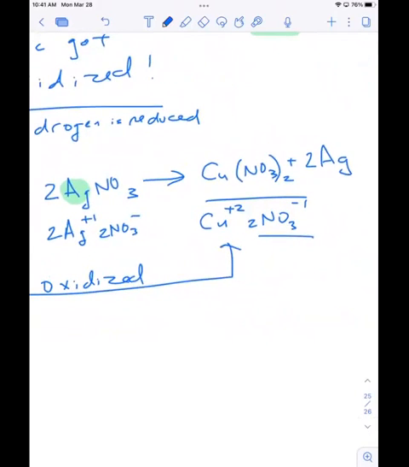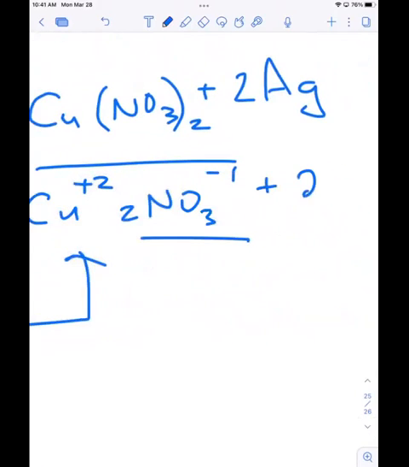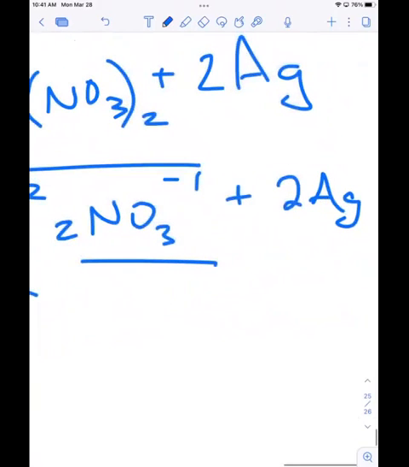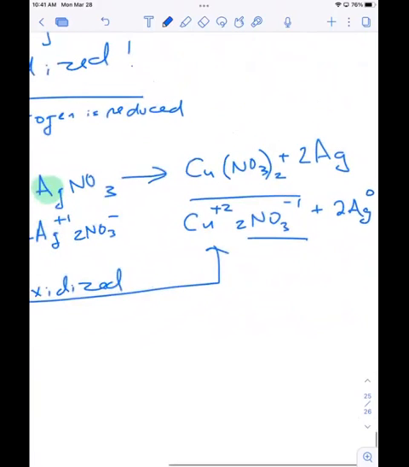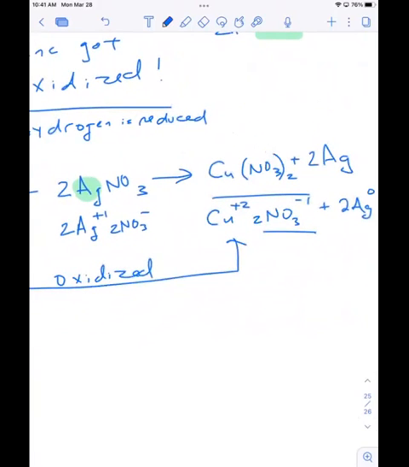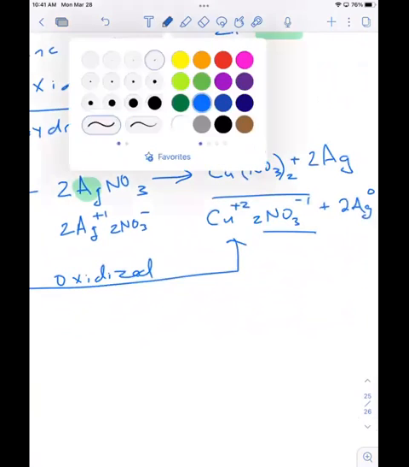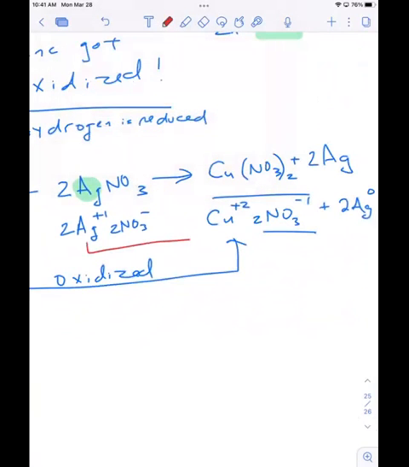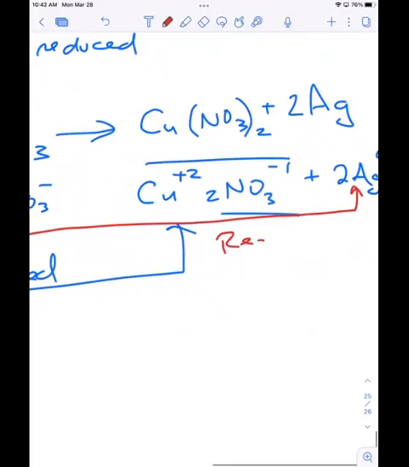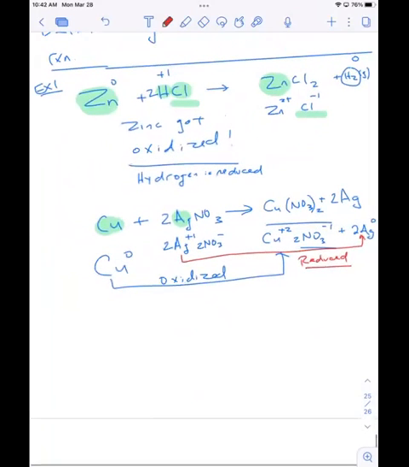And then what about the silver on the other side? We got 2 what? What's the charge on silver over here? It's elemental, so it's going to be what? 0. So what happened to silver? The charge went from what? +1 to 0. Did that get oxidized or reduced? Reduced. It got reduced. So again, anytime you have a redox reaction, something is going to get oxidized, something is